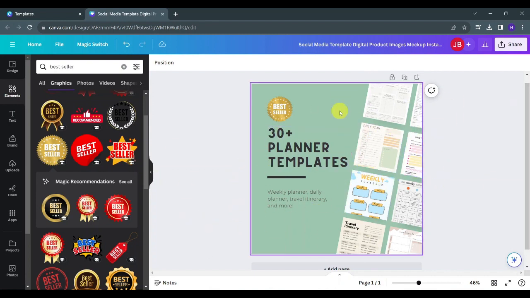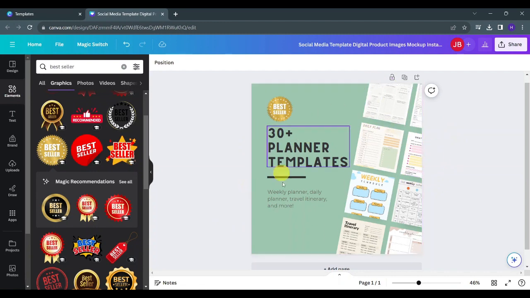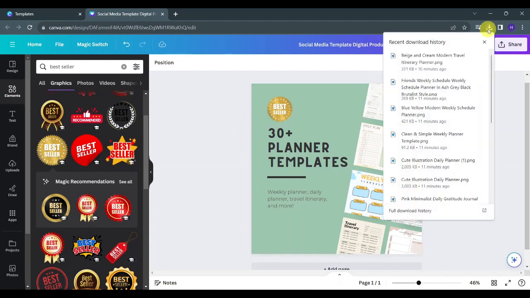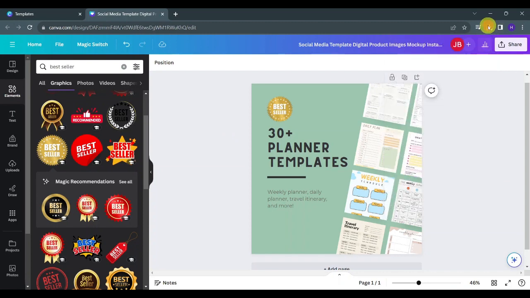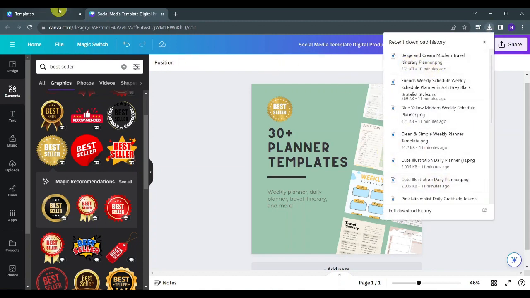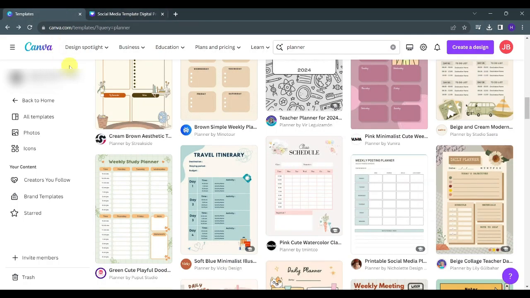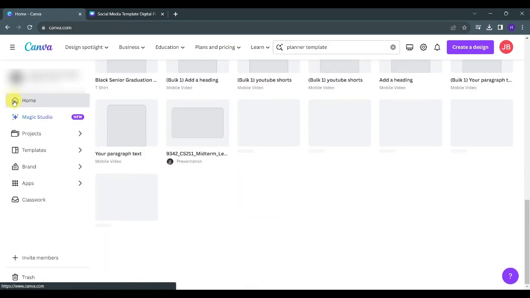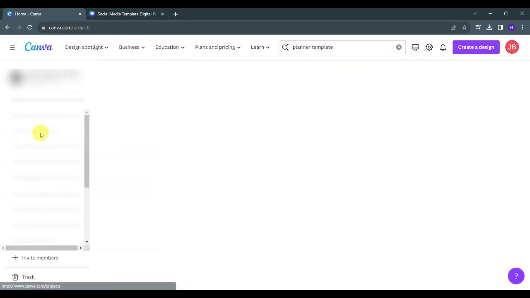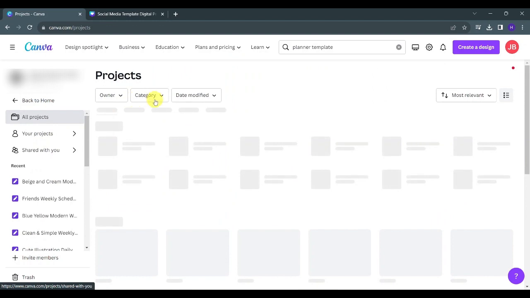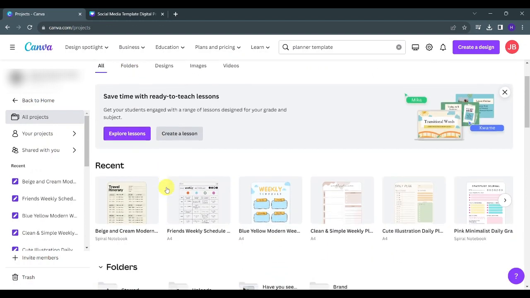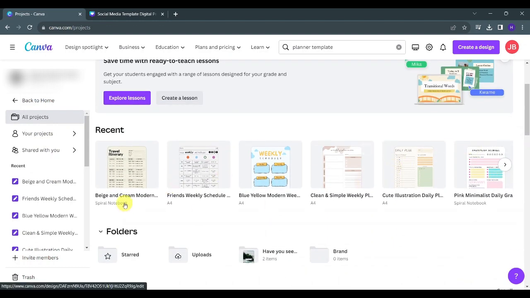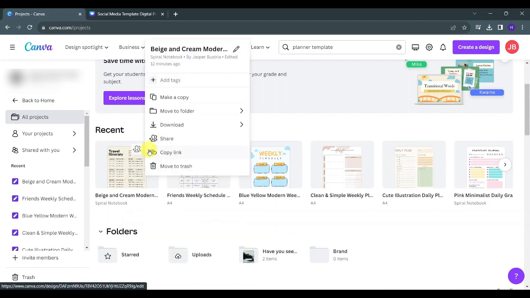This isn't actually the thing that you're going to sell. So again, we have these projects downloaded as PNG. What you're gonna do next is actually download these again. You can easily navigate to these projects here in the project section. And you can see here in the recent section, these projects. You can simply download it from here